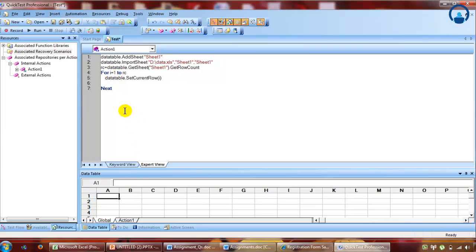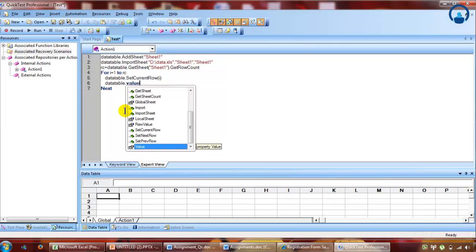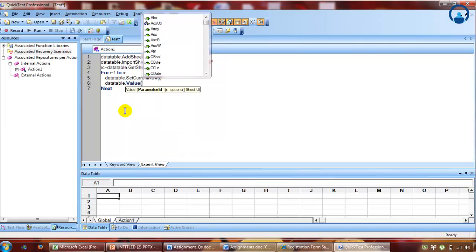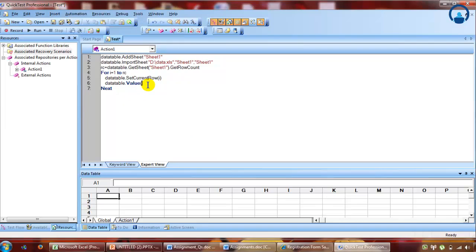Okay, and DataTable.Value. If you remember, this is the code for fetching the value from the data table, and the parameters for DataTable.Value are your column name, since we want the education details, comma, the sheet name, which is Sheet1. Okay, so now what we have to do is match each and every value of your data table with the ones in your